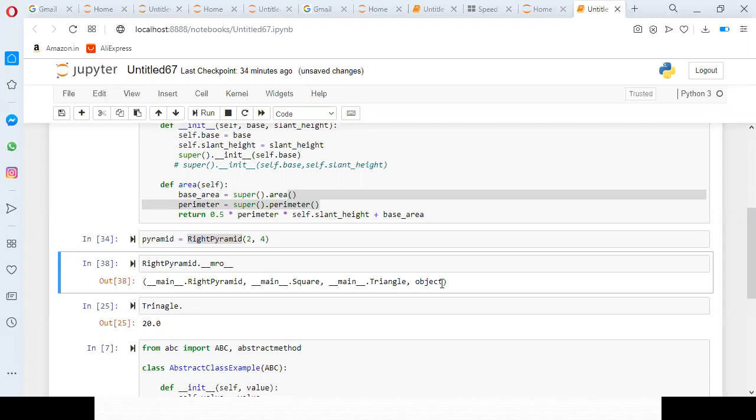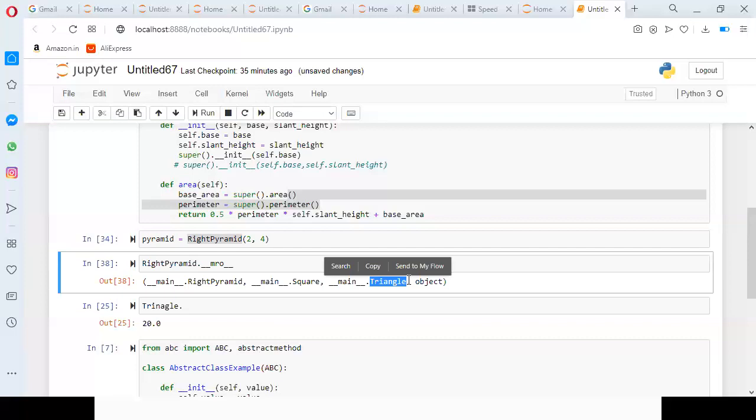So you should know how the process is going on. For example, assume the square and triangle both have a similar method with the same number of parameters. If you want to know which class method is going to execute first, in that situation MRO will help you. It will show which is going to execute first, then which is going to execute after. Okay.